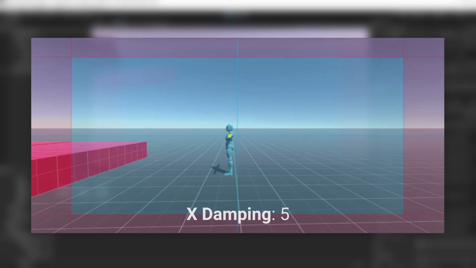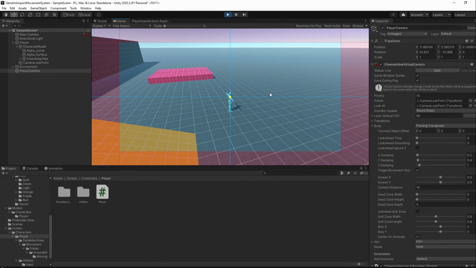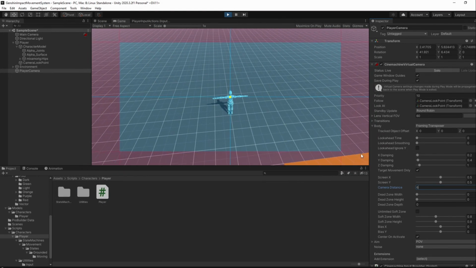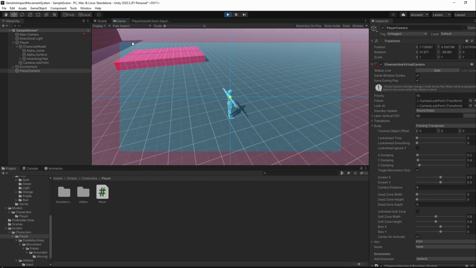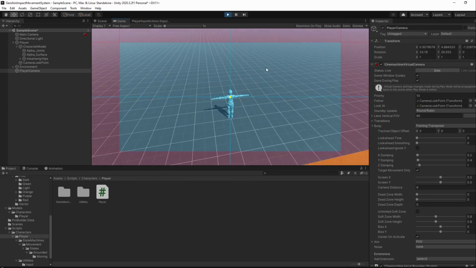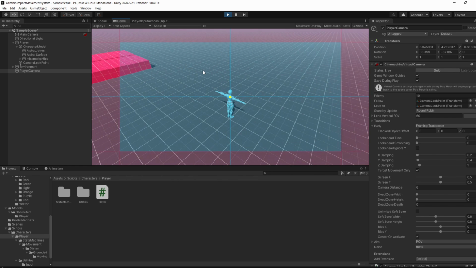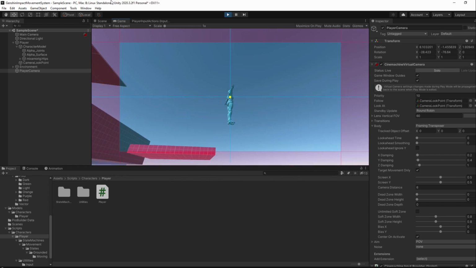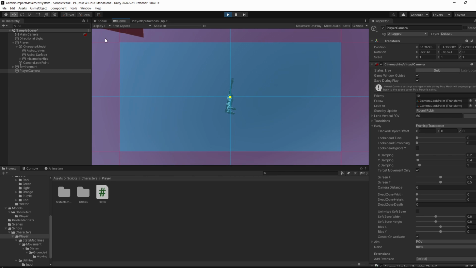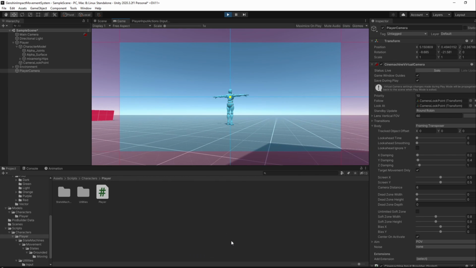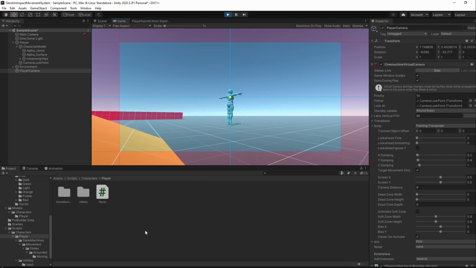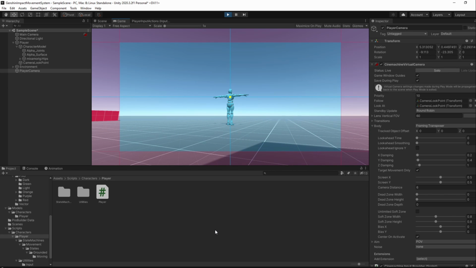While we won't be needing to set this here, I'll also go ahead and set the camera distance to 6. We now have a camera working quite nicely, but we still need 2 more things to take care of. The first one is that currently our camera goes through the ground instead of colliding with it. The second one is that we can't yet zoom in or zoom out. Thankfully, both are quite easy to do.